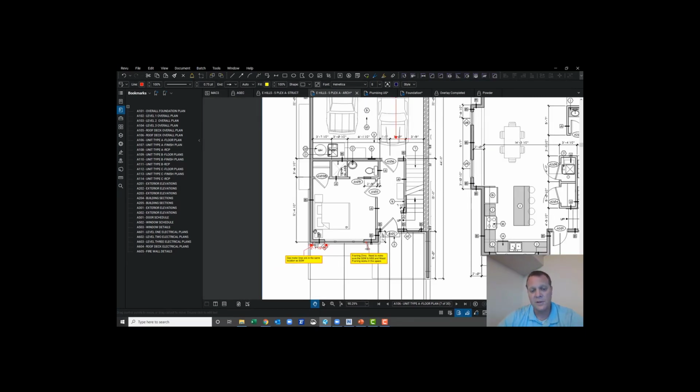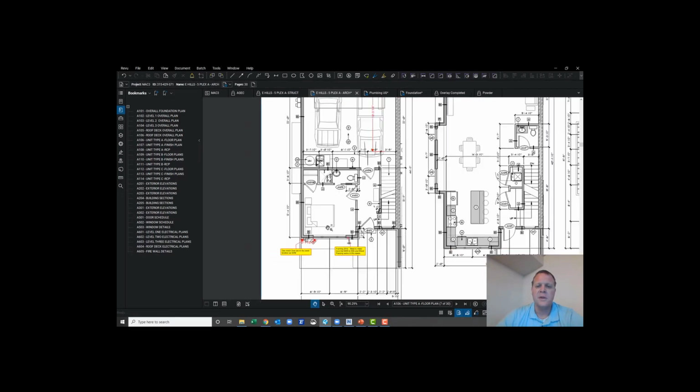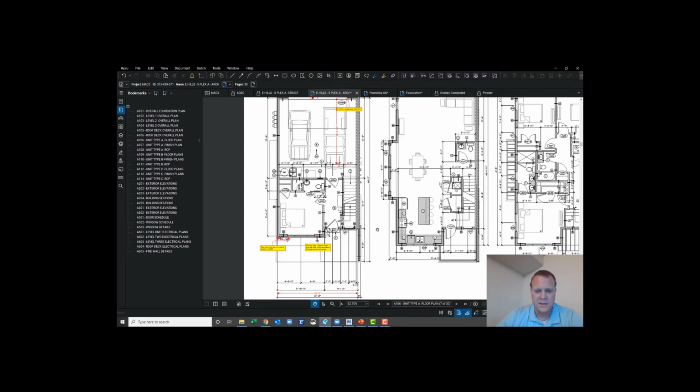Well, what happens when they go try and do the foundation? Now there's Simpson Strong-Wall anchor bolts down in the concrete. There's a conflict right there. Who pays for that? Does it delay the job? I don't think that in this kind of case